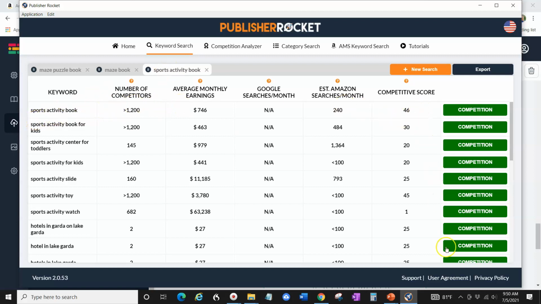And you can see this actually has a pretty good competitive score and decent. Now, some of these, sports activity for kids, that's probably in the book niche. This one, sports activity slide, don't get excited about that. These look more like things than books. Sports activity watch, obviously not a book. But these are pretty good earnings, average monthly earnings for books in this niche that are on the top page. I wouldn't sneeze at